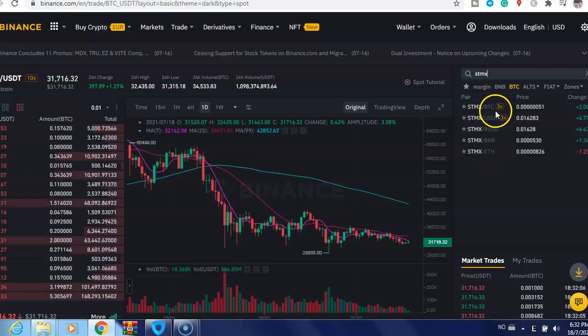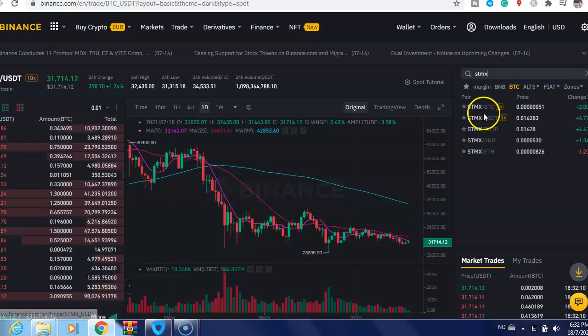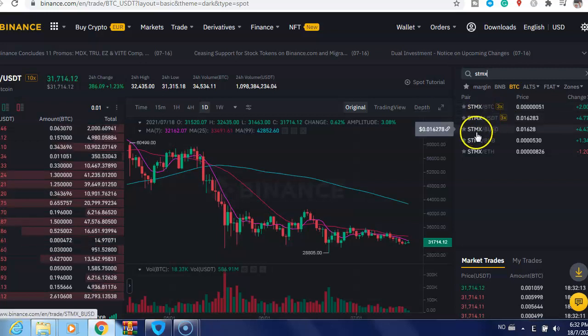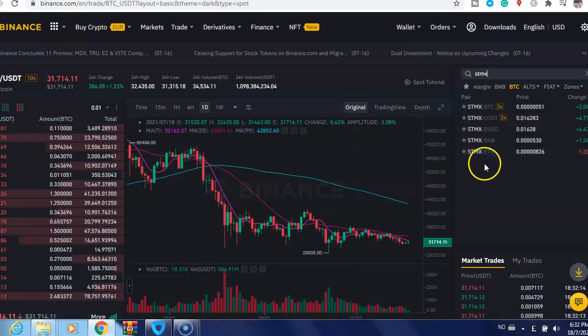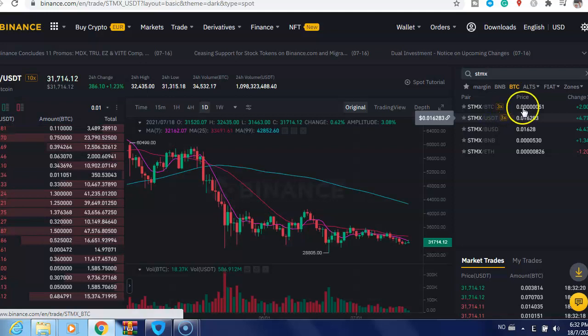And you can see here you have it with different currencies: BTC, USDT, BUSD. Now for example, if I select USDT, just click here